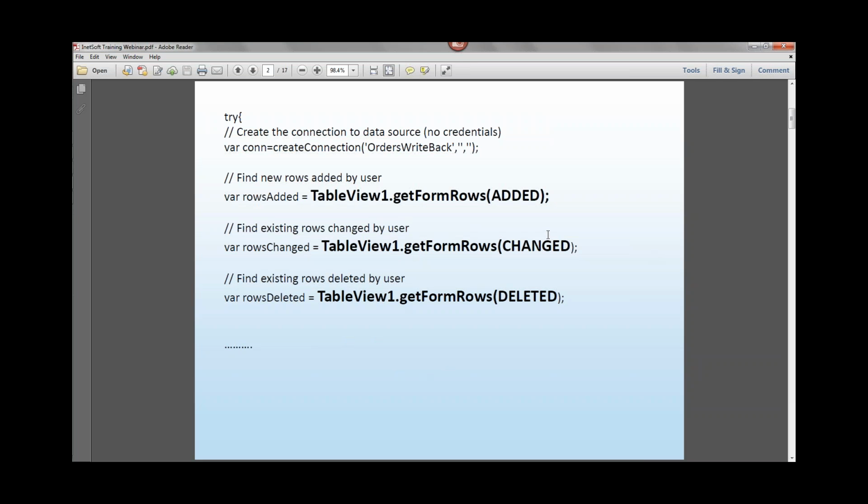So conceivably, you could go this far, and there might be some special case where you want the user to be able to edit a table and make modifications, but not write them to the database, and you could still use all the stuff up to this point. You could find out what rows the user added, changed, deleted, and maybe write those into a text element or something like that. But my point is that up to this point, you haven't done anything at all with the database.